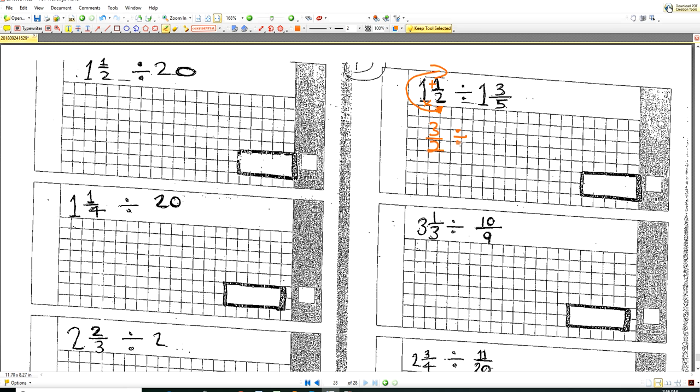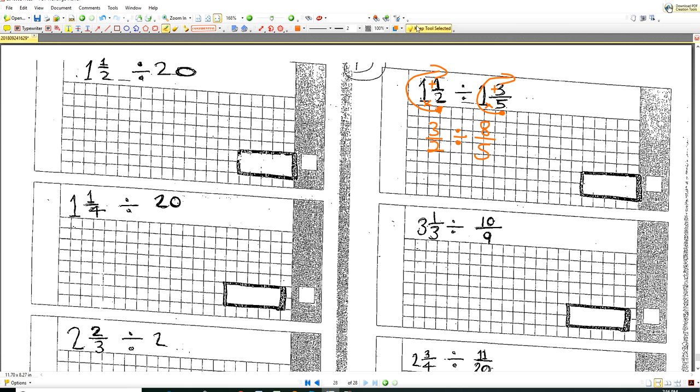The divide stays as a divide for the moment. Do the same for this one. We'll go all the way around. 5 times by 1 is 5, then add the 3. That'll give you 8 over 5. So now that the question has been changed from mixed fractions to top-heavy fractions, we are now ready to start